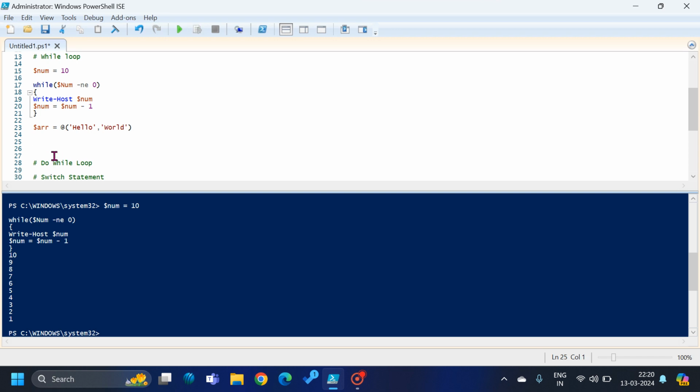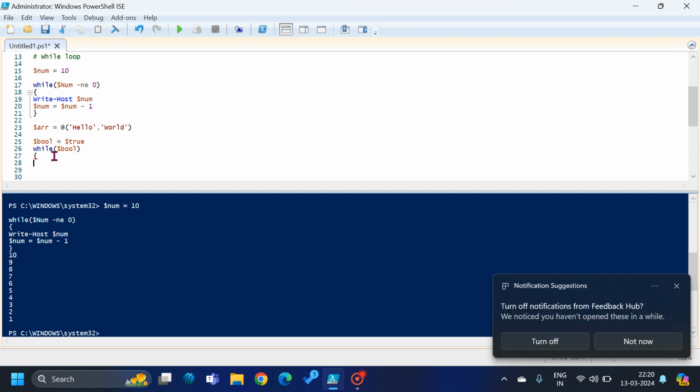What I want is while, and I'll try to use one boolean variable as well, which I assign the value as true. So while it is true, let's say if